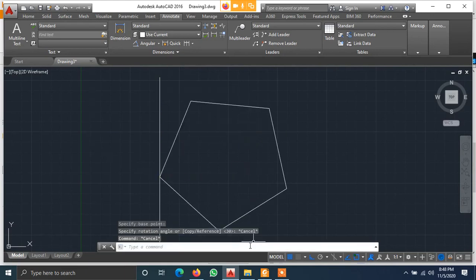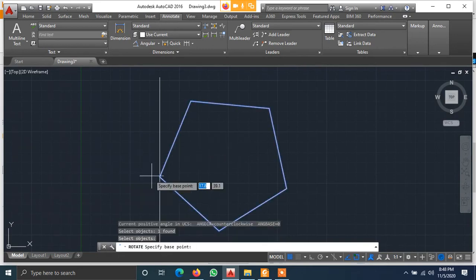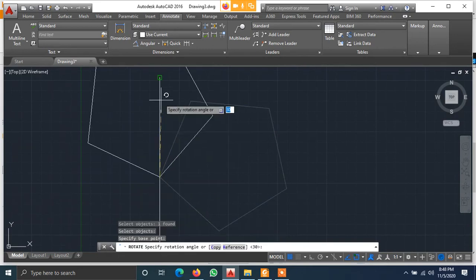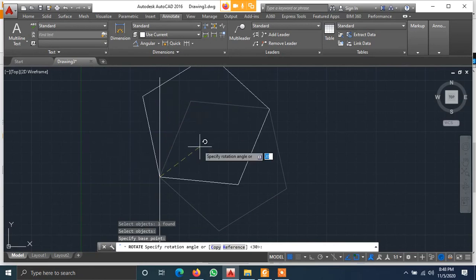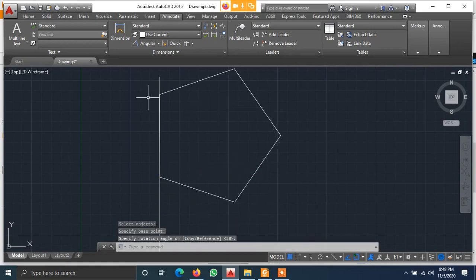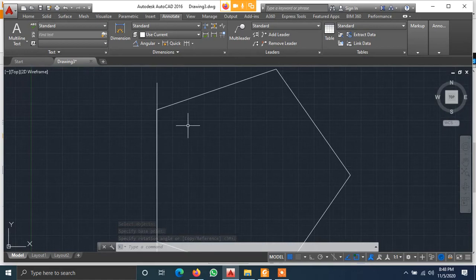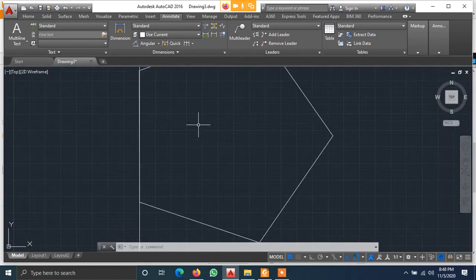Just a second. There is still some ambiguity. Make sure that both the lines are coinciding.